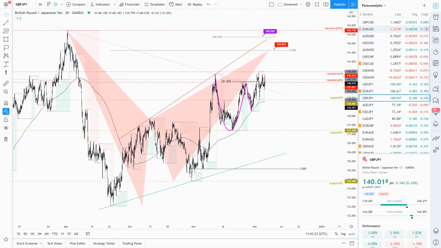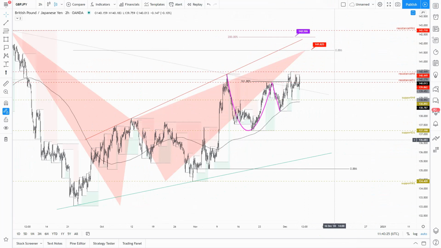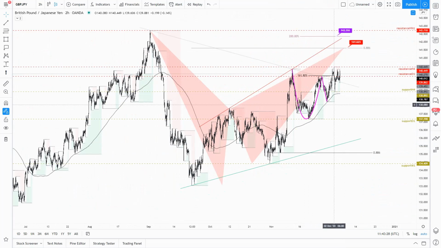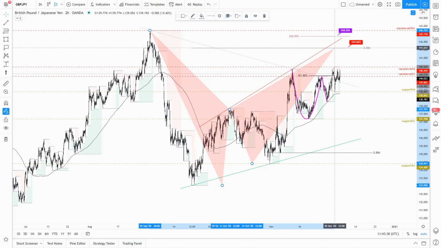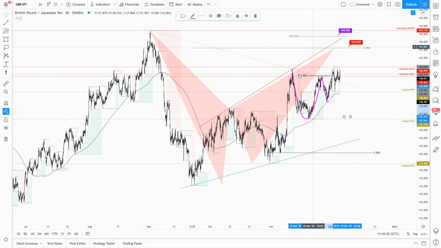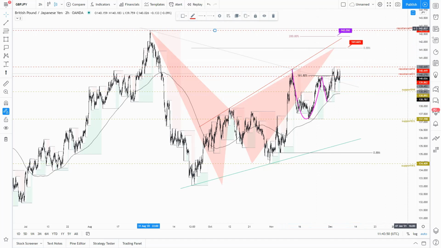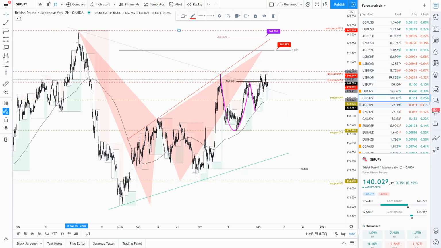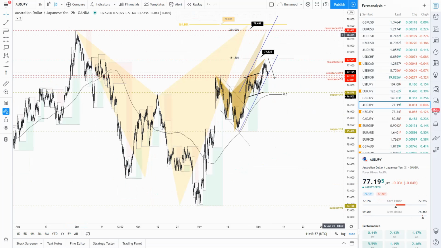Then we have the pound versus the Japanese yen. I shared it also as a potential cup and handle, with the daily fractal as a next zone or resistance. We have also the bearish bat pattern projected above, and the default projection for the cup and handle, a lower degree cup and handle, suggesting a visit to the monthly fractal. So let's stay tuned to that possibility for the pound versus the Japanese yen.